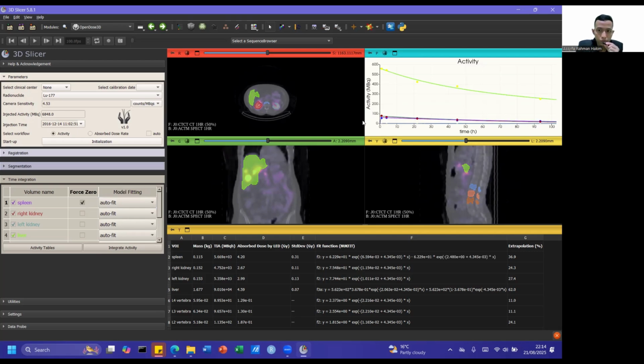Okay, in this case, I will use the liver as it shows a good graph, so you can see the difference. As you can see over here, now it only selects the functions that satisfy the condition that the activity equals 0 when time is 0. We will explore the functions, the model selection, and the fit workflow later.